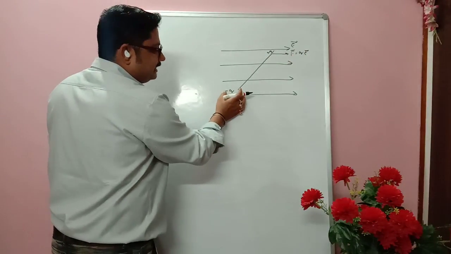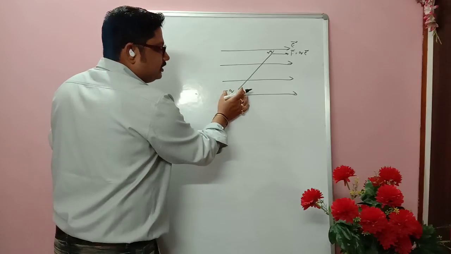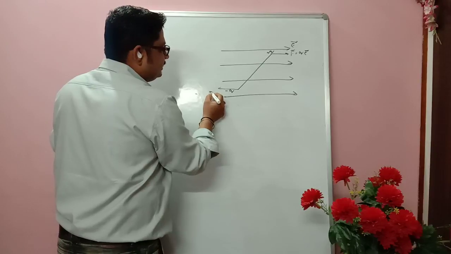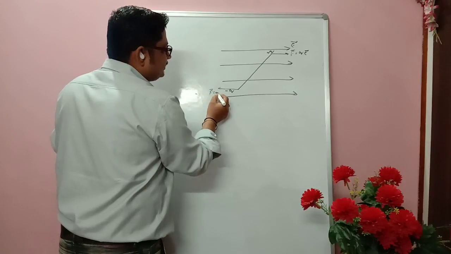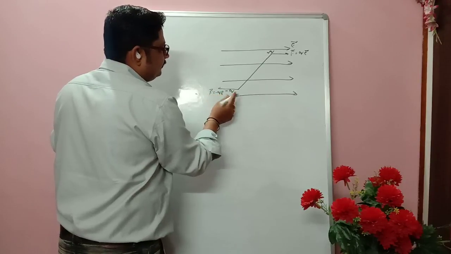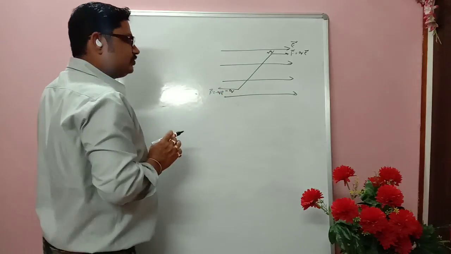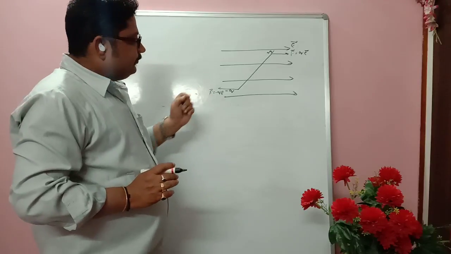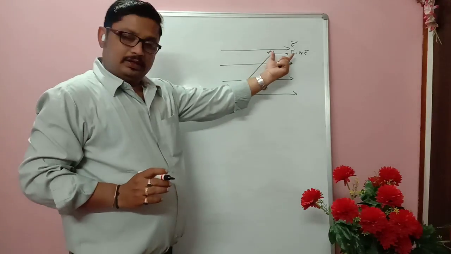Now if we put a minus charge in the electric field, the force on the minus charge will be opposite to the direction of the electric field. That is, F is equal to minus qE is the force acting on minus q due to the external electric field E. Now we know that this forms a couple.